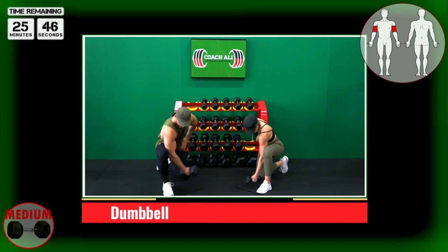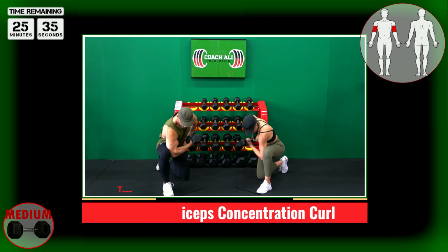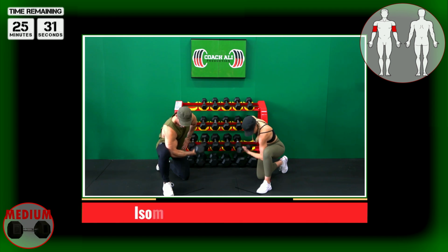Dumbbell biceps concentration curl for this one, guys. You can see we're using the inside of our thigh for support. So the back of your triceps is pushing against the inside of your thighs so that there's no movement in the elbows whatsoever. And then it's a matter of hitting those bicep curls, making sure that you've got at least